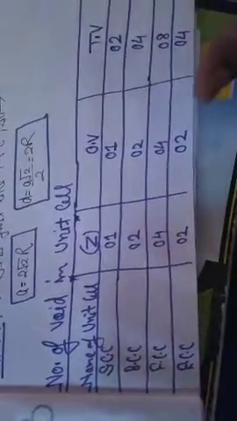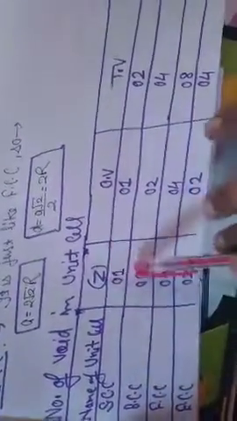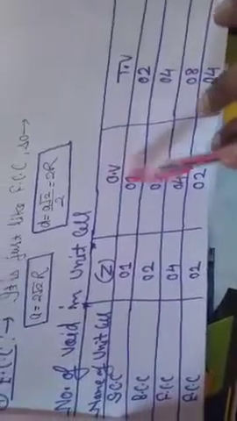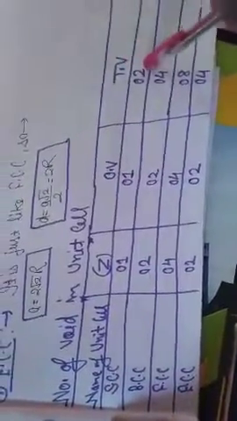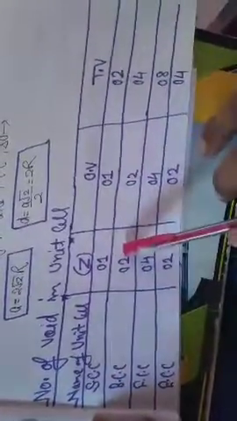Next section: the number of voids in a unit cell. In a unit cell, there are two types of voids, octahedral and tetrahedral. If you know the z value of the unit cell, then you can find the number of octahedral and tetrahedral voids in a unit cell. First, the simple cubic cell: the z value is 1, so the octahedral void is 1 and tetrahedral voids are 2 times the z value, that is 2. For BCC, the z value is 2, the octahedral void equals the z value, and the tetrahedral voids are 2 times the z value, that is 4.